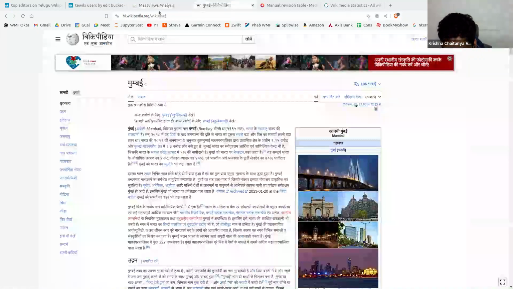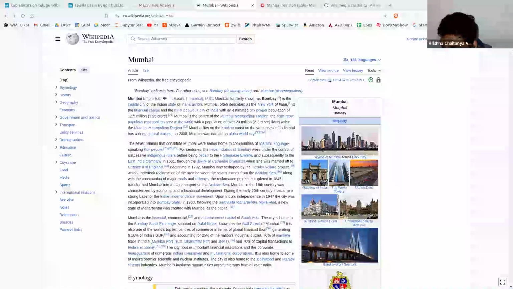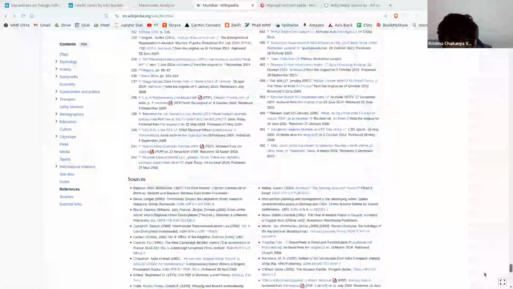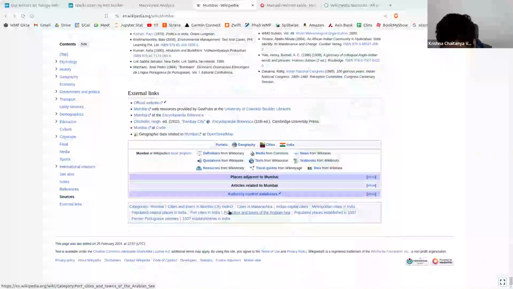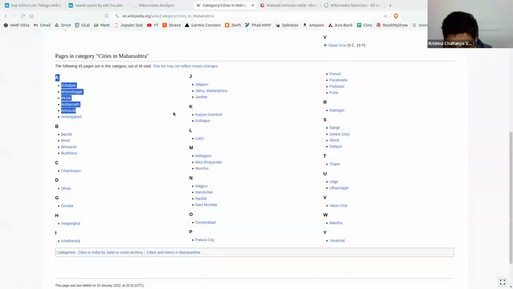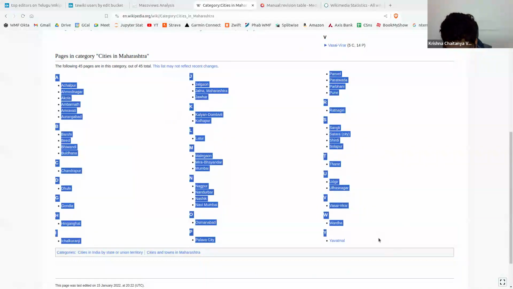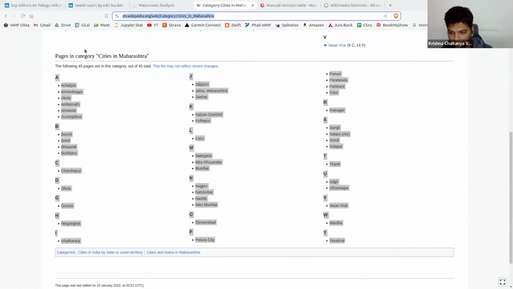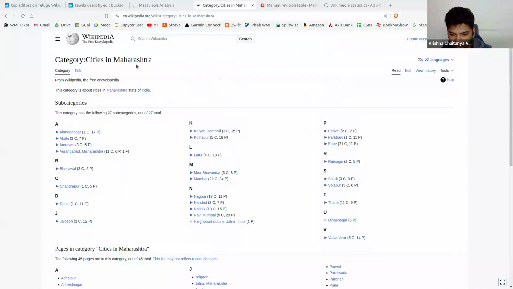So on Wikipedia we have categories. Categories are like topics relevant to the subject. So for Mumbai, it is cities in Maharashtra. Now I want to get the page views of all these cities. So what I can do is select the category name, cities in Maharashtra,